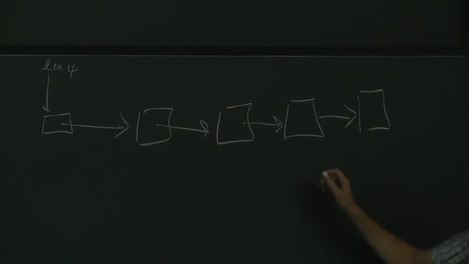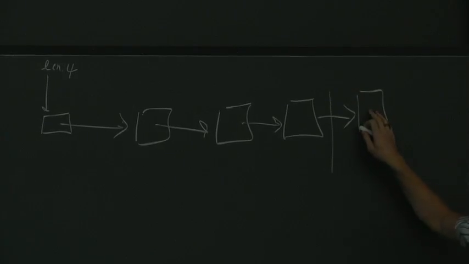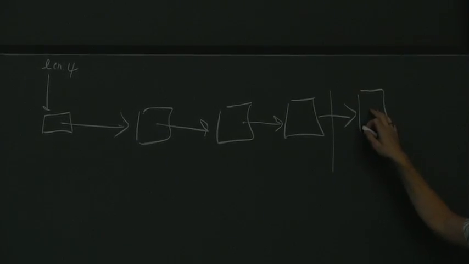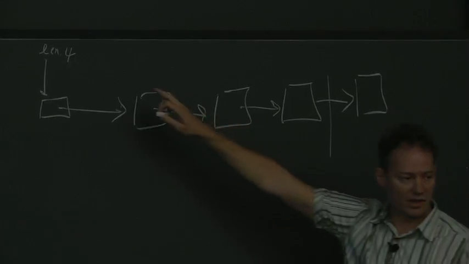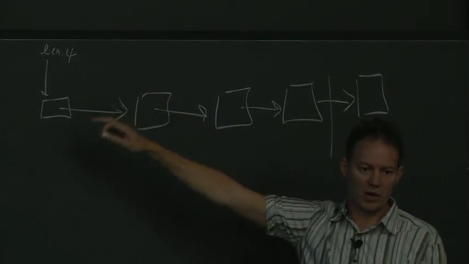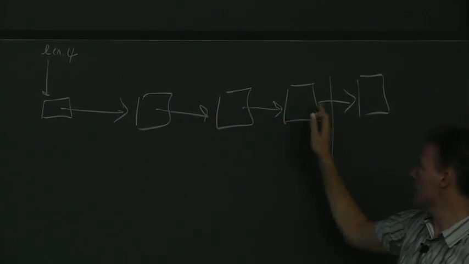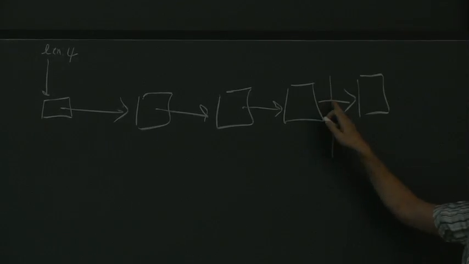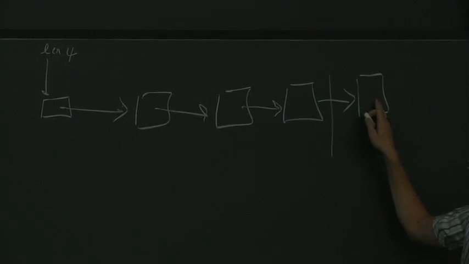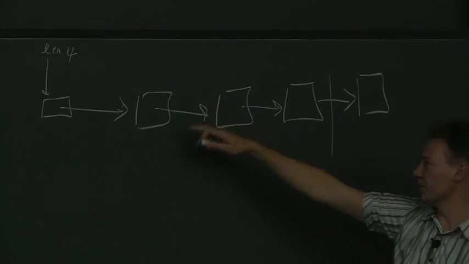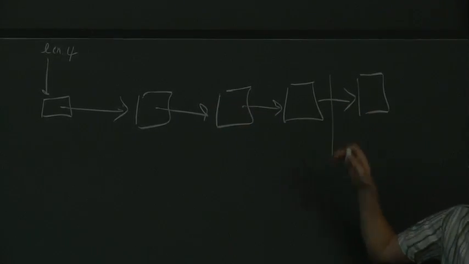I will process that many, I will get to here and I'll stop even though there's more to do in the second thread, for example. Or I update the length first, and then when I go to process it, I say, okay, length is 5, but I don't get a chance to do this part in the first thread. The second thread comes in and says, oh, the length is 5 items, boom. See, so it's,